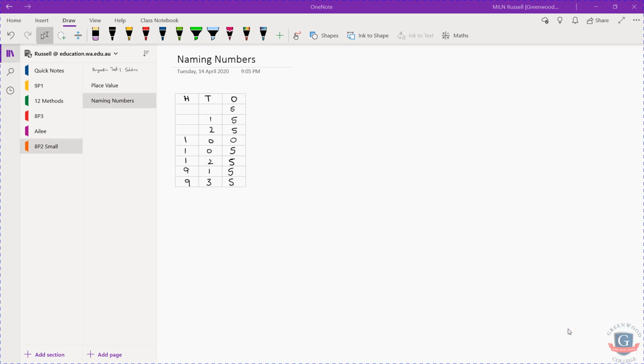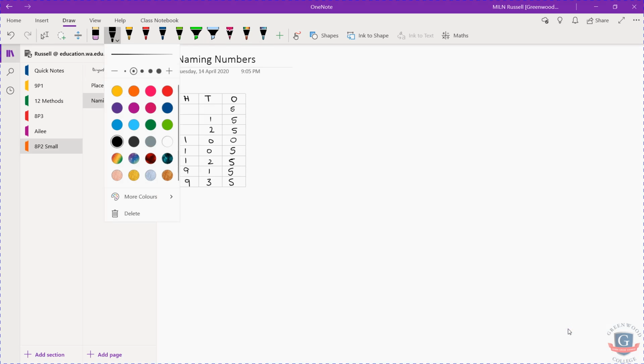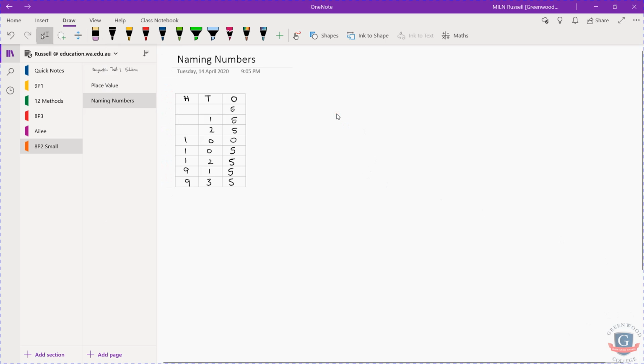Now, naming numbers up to 999 is relatively simple, but it's often something that people find difficult, and it makes problems down the track when numbers are written down as words. So let's have a look. Numbers that are just in the ones column